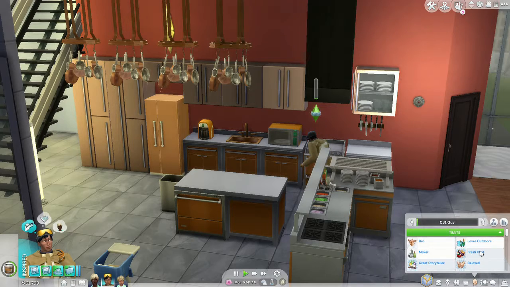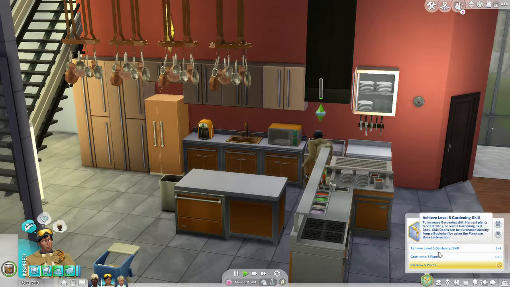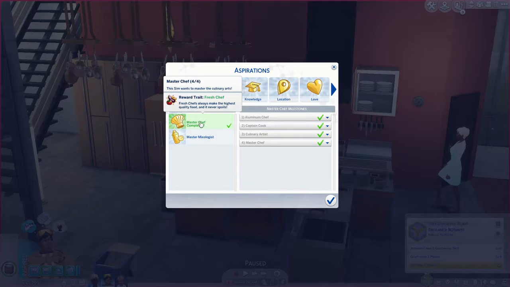C31 Guy also acquired the Fresh Chef aspiration from completing all of the aspirations to always make the highest quality food and it never spoils. Currently, he is trying to complete the freelance botanist aspiration. This aspiration means that as a naturalist, Sims that are naturalists don't need to fear fire. It won't touch them and they can extinguish it with ease. Fairly broken, but in regards to his food aspiration, the Master Chef aspiration gets completed,